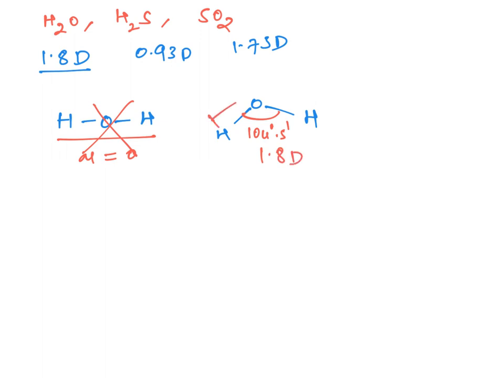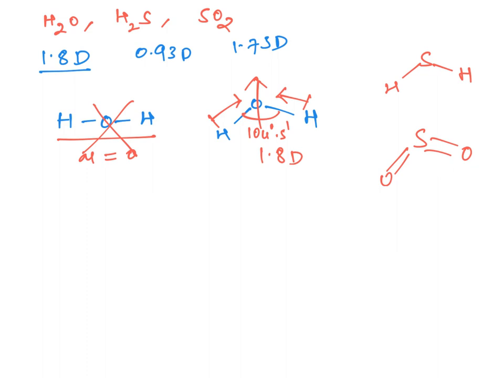So here also the bond dipoles are oriented in this fashion, and the resultant dipole moment is oriented in this fashion. Same case with H2S. H2S is also not a linear molecule. If it were linear, it should have 0 dipole moment. SO2 as well. So these are triatomic molecules, but they are not linear. Whereas in the cases we have seen, CO2, CS2 and HgCl2 are linear. The net dipole moment is mutually cancelled and it comes as 0.